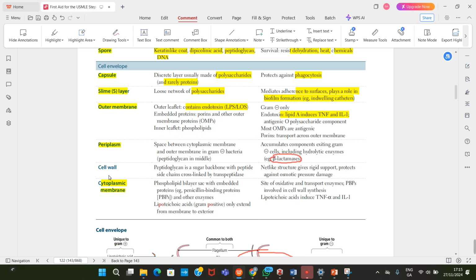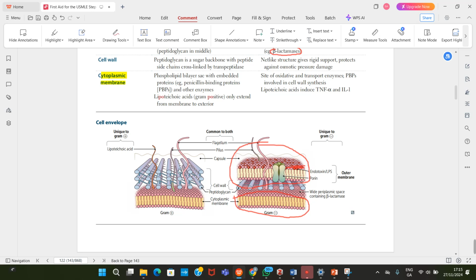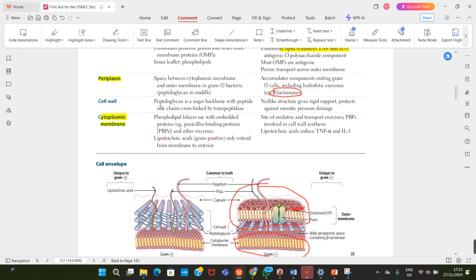The next is the cell wall. The cell wall is made up of peptidoglycan. So this is the cell wall. We can see that the cell wall of the gram-positive is well developed, like three layers, while the cell wall of the gram-negative is not well developed, not strong. It is only one layer. And we can see that the outer membrane is not present in the gram-positive, just like I've said. It only has a thick peptidoglycan cell wall. So peptidoglycan is the sugar backbone that makes up the cell wall of the gram-positive,